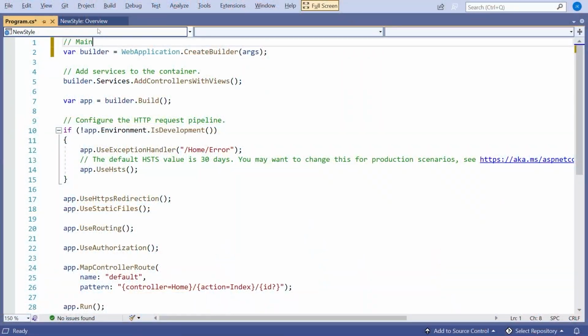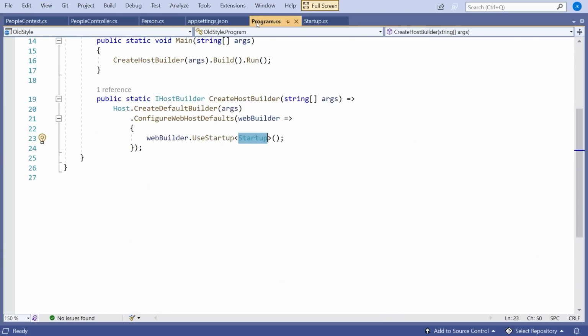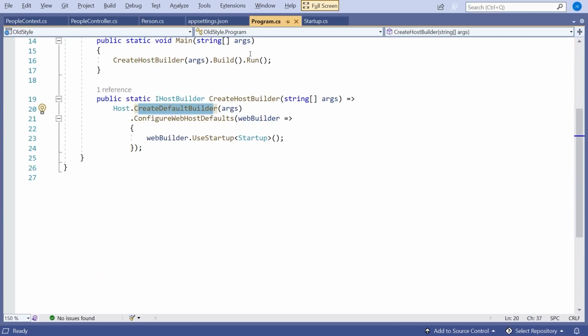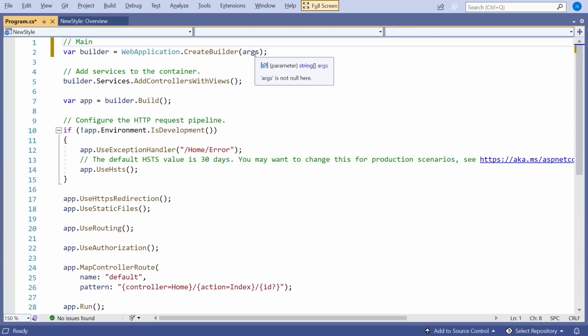So that create builder is basically what we had in our program over here, where we've got, in fact, a create default builder in that case. Something else to notice, again related to this idea of having a main without putting in a class, is args is still there automatically for us. So remember, those are any command line arguments being passed into the program. With the older style, it's obvious where they come from because we've got to declare that as a parameter to main, whereas here they're just there implicitly, but it's still that array of args. So that's that first bit.